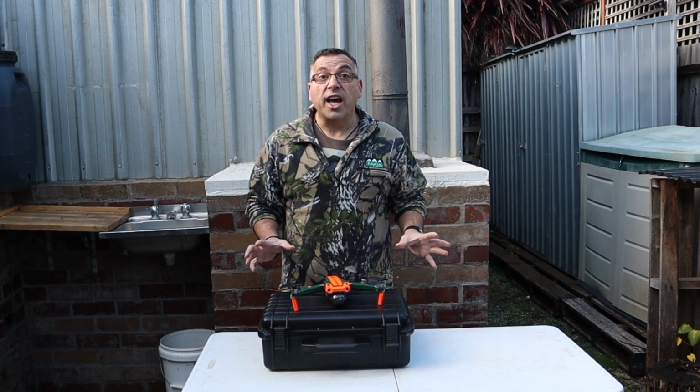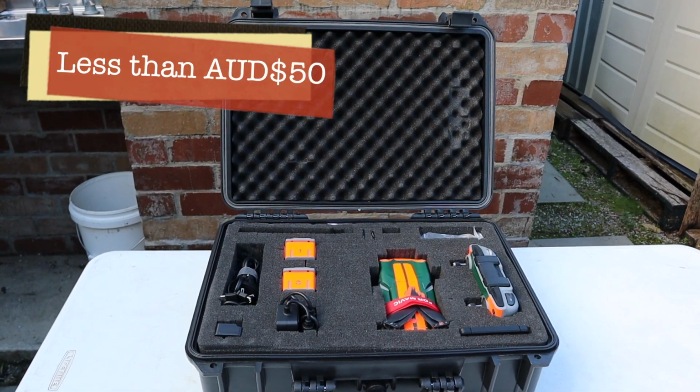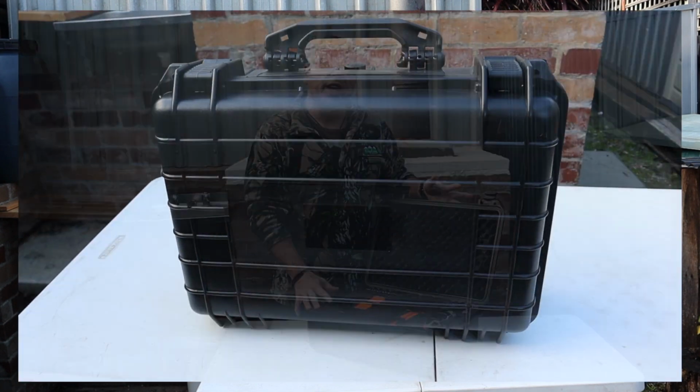This week, I'm going to show you how to set up a case like this for under $50 to protect your drone for your next adventure. Let's get into it. I picked up this case from Bunnings, a local hardware store, but they are readily available